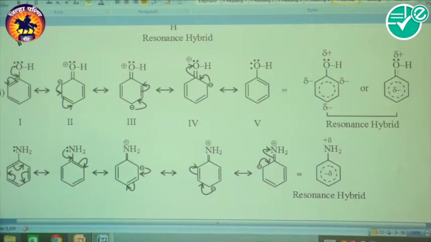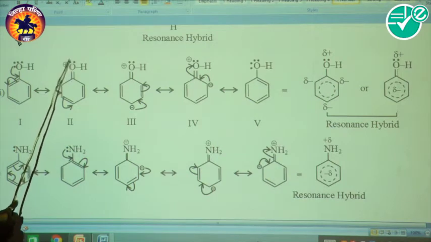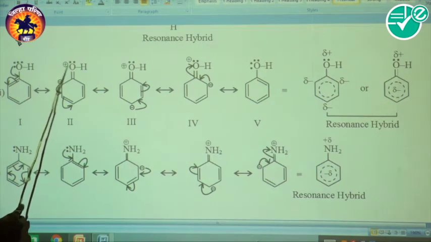And if the carbon does not have the tendency to form the fifth bond, immediately that pi bond is converted into a lone pair. So there is a negative charge here because of that lone pair. Here the oxygen's own lone pair has been utilized, therefore it carries a positive charge.